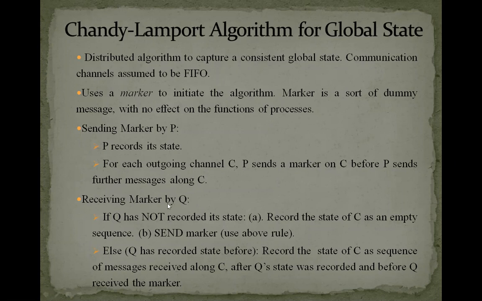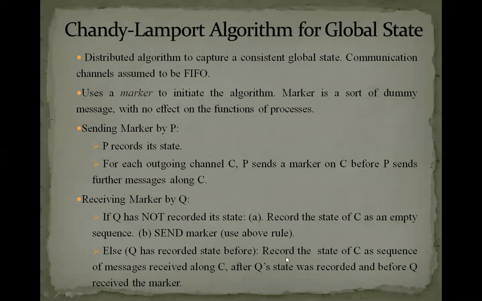Receiving marker: whenever another process is going to receive the marker, at that moment, if the receiving process has not recorded its state, अगर पहले से उसने अपने स्टेट को रिकॉर्ड नहीं किया है, तो वो क्या करेगा? पहले वो it will record the state of the channel as an empty sequence and send the marker, जैसे यहाँ पे बताया गया है. अगर उसने नहीं रिकॉर्ड किया है, तो it will try to record the state of the channel. और अगर उसने पहले से रिकॉर्ड कर रखा है, then if Q has already recorded the state before, then